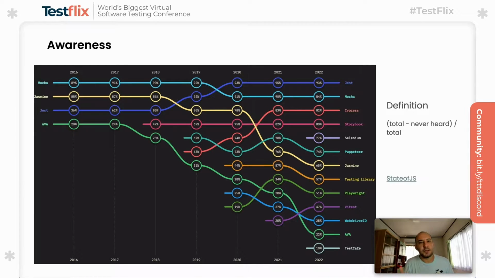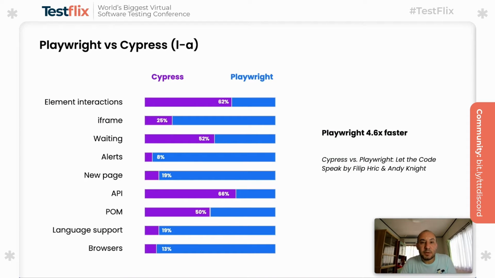Other than that, based on this literature survey, what I did next was go through some head to head comparisons. For example, this was an example where Cypress and Playwright ambassadors sit together and provide their solutions across different problems. They went through several aspects like element interactions, dealing with iframes, or even waiting for elements on the pages. After demonstrating each solution, they asked the audience to vote for which option they find more convenient.